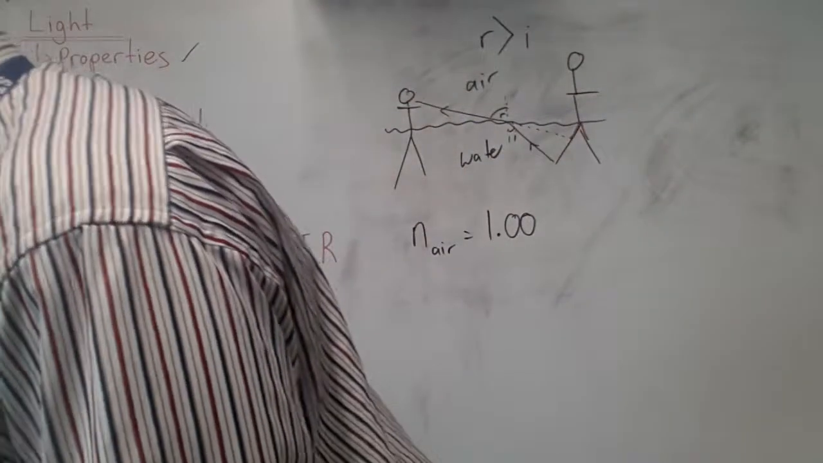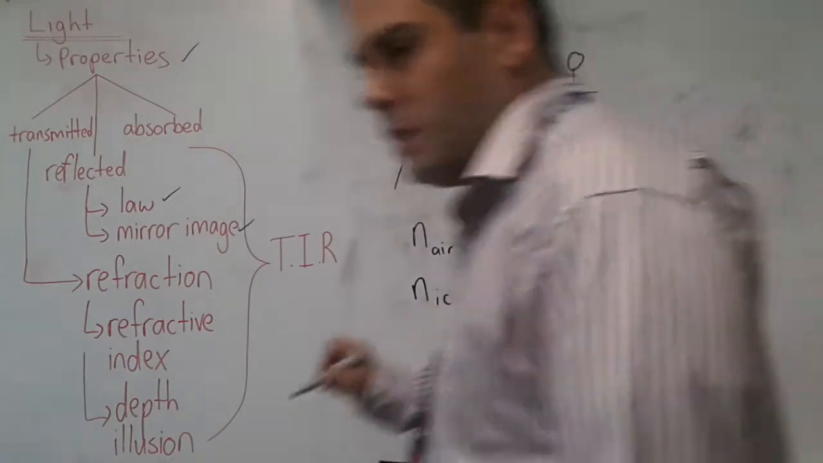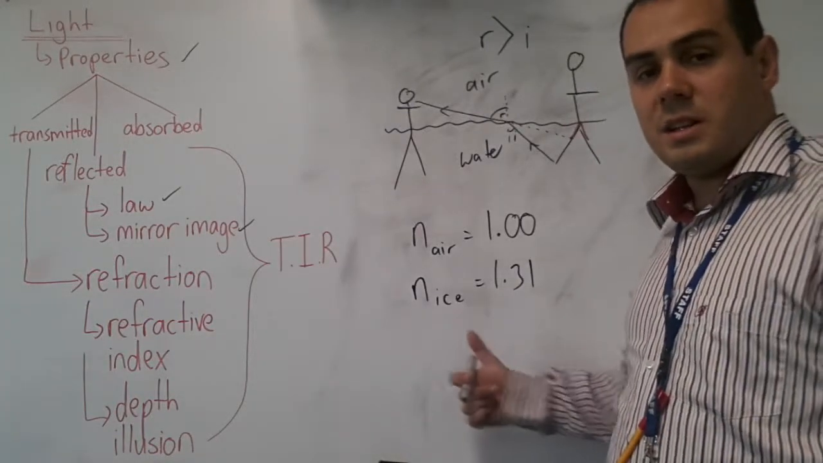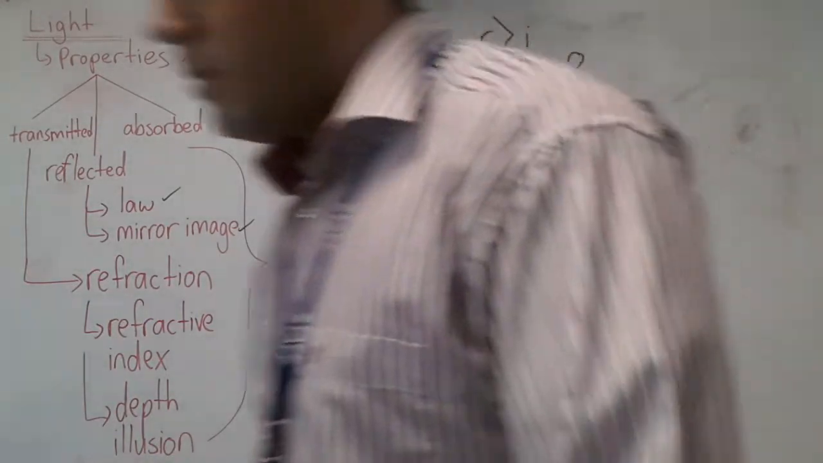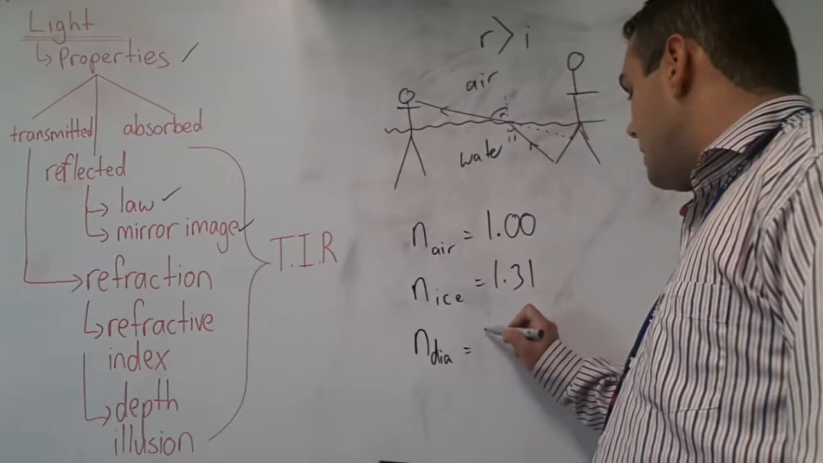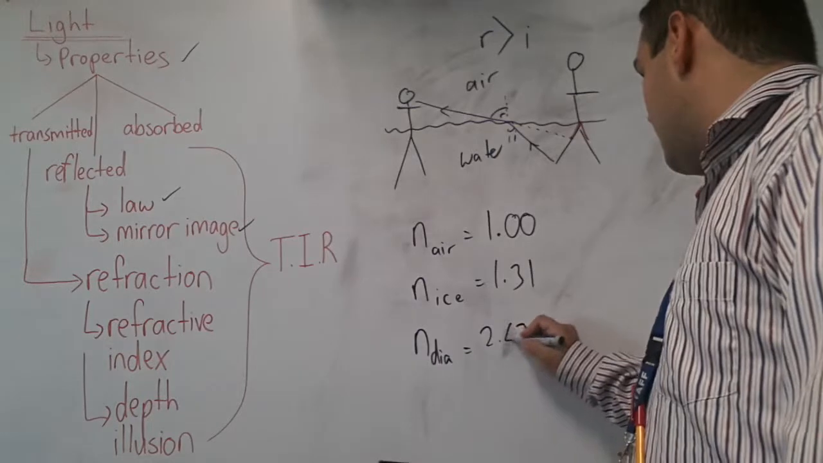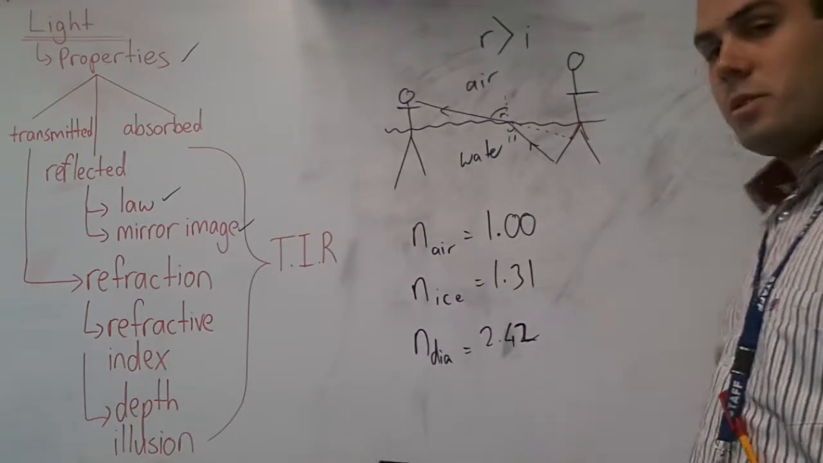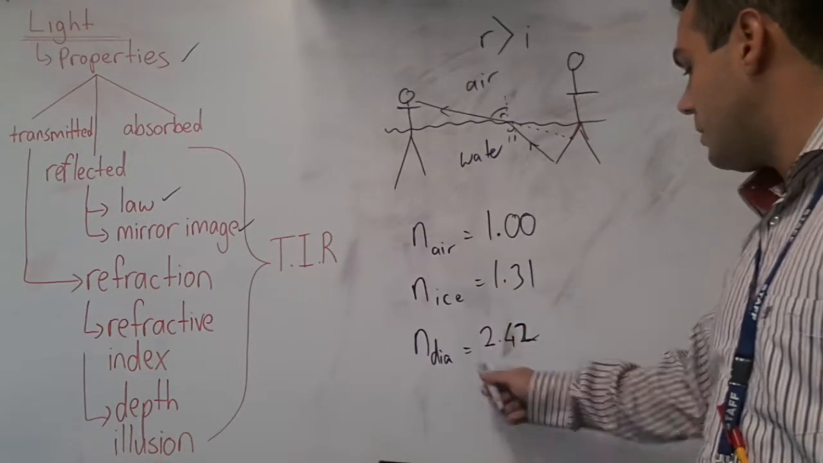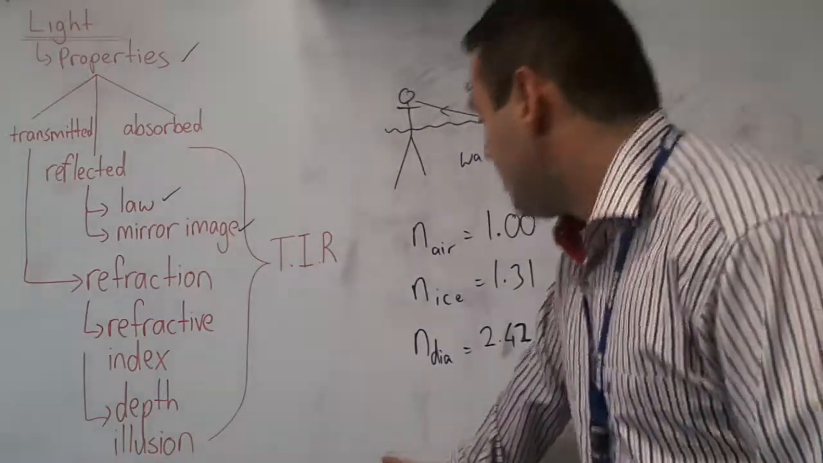So the refractive index for ice is 1.31, which means light travels 31% slower in ice than in air. So if I was to say diamond, the refractive index of a diamond is 2.42 rather. That's a huge difference. That's 142%. So it travels much slower in diamond than in air. These are the refractive indices. So, rubbing that off,